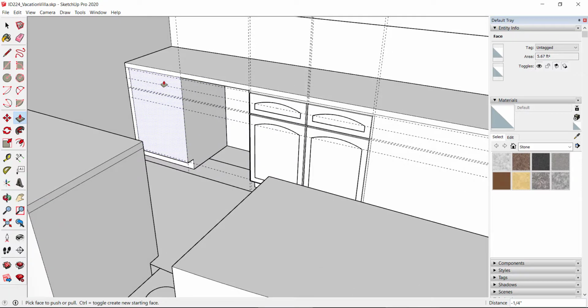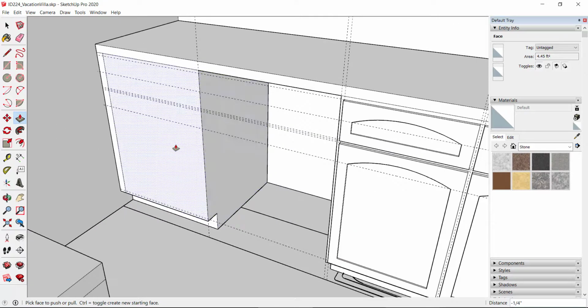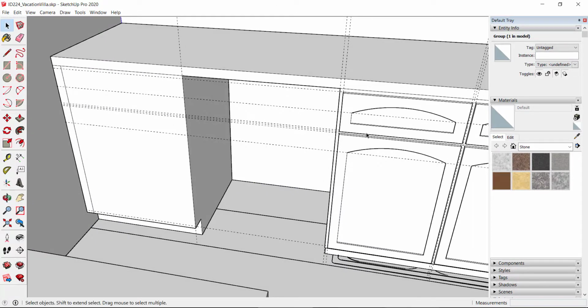So let's go over here. This cabinet is all by itself, and because of its size, it's going to only get one door and one drawer. So I need to do the same thing that I did over here. I have to do the perimeter spacing first. It's already done actually down here at the bottom, so that's kind of nice. This is the edge of the cabinet, so I'm going to take my measuring tape tool, grab it, and come over 0.5. And then I'm going to come over here 0.5, and it is also already determined right up here,